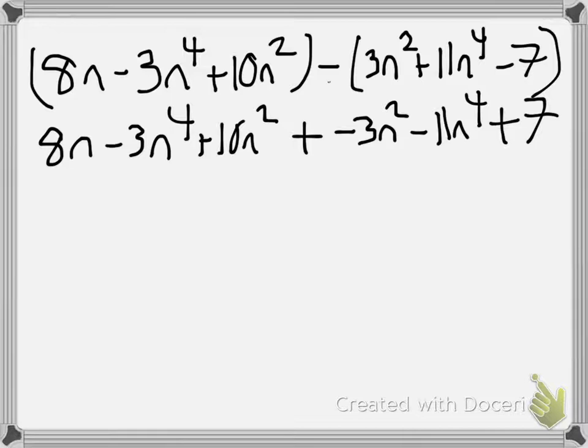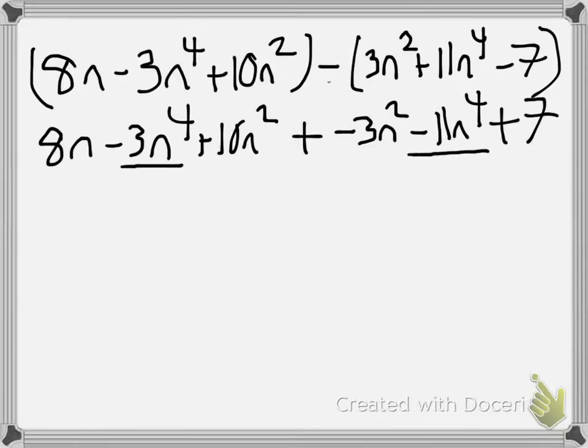Okay. Now, when we combine like terms, look for the highest power, please. I know that we didn't do that in the last one, but we are going to do it this time. I have n, and I have n. My highest power of n is 4. So here's the first one I'm looking at. Do I have any n to the 4s over here? Yes, I have negative 11n to the 4. So what do